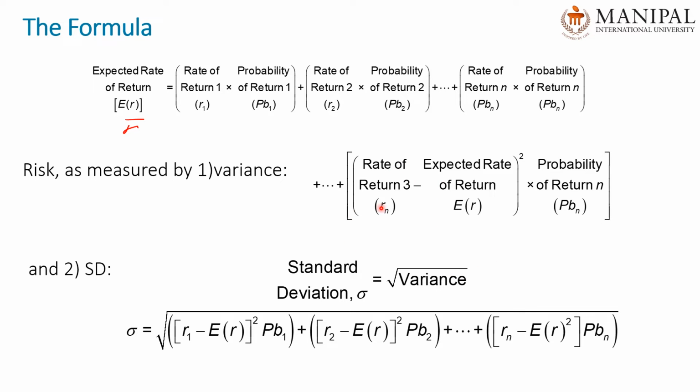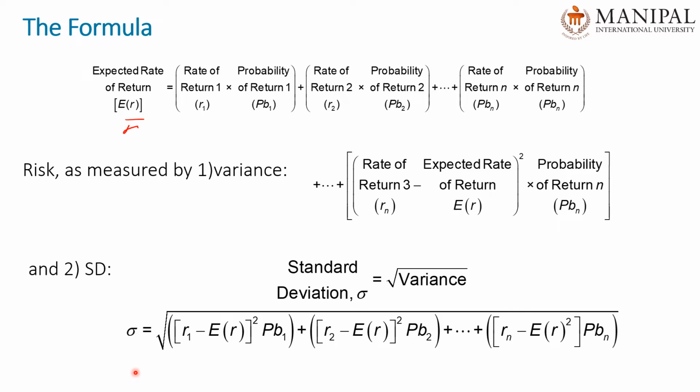So putting both of these, variance and standard deviation, in one formula, we will get this formula. This is the symbol of standard deviation. This is variance for the first probability, plus variance of the second probability, up to variance of the n-th probability, right? And we square root everything and we will get standard deviation. And the standard deviation is